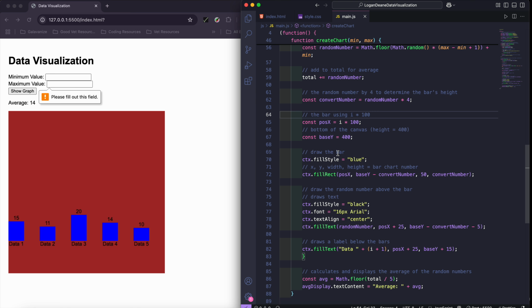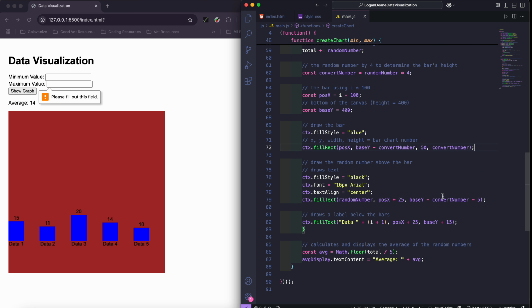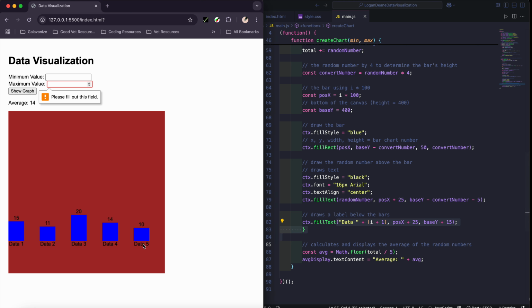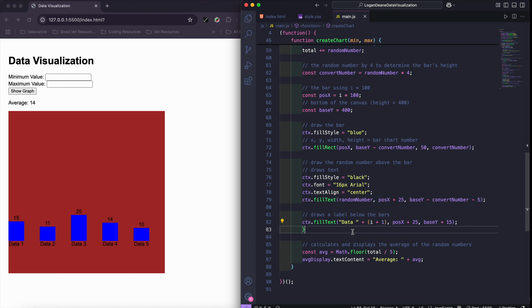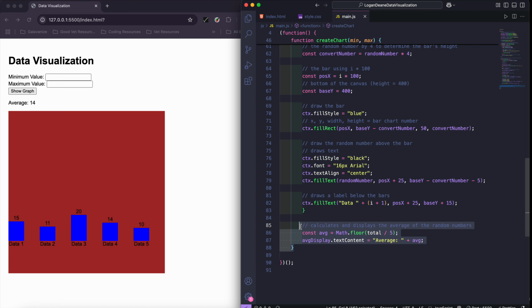So you go ahead, you get the size, and this is just pretty stuff that I did, you know, the colors and everything. But this is where we actually pick the size that the bars are going to be in the graph, how we did there. And then yep, like I said, this is more pretty things here. This is also filling the text as well. So this is where we added, let's see, like right here, where we add the words. I know, I thought it was going to highlight. Well, actually you can see my mouse. So that's where we added the words here. And then this is where we did the math for the conversion, so the average. But yep,